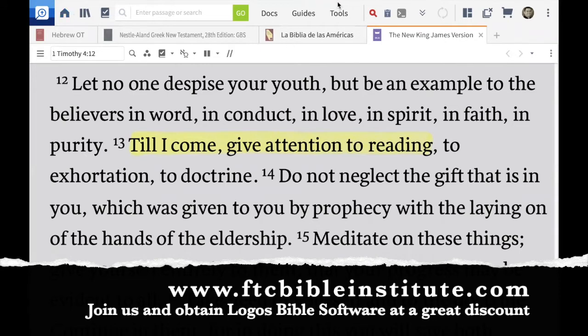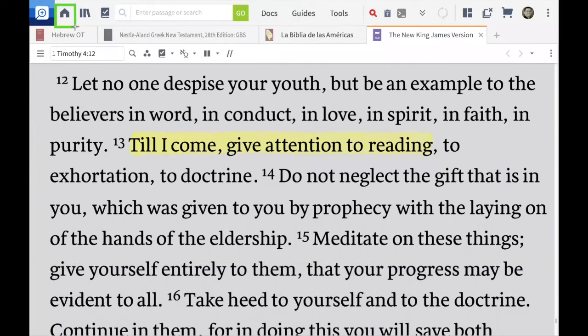On the top left, we can see the little icon that looks like a house. So that's your home icon. And then right beside it, we have our library icon. Up top, we have our docs, guides, and tools. And maybe we'll explore some of these in a later video. However, today we're going to be focusing on docs. All right. So let's click on